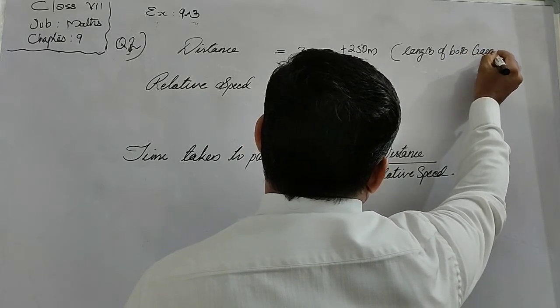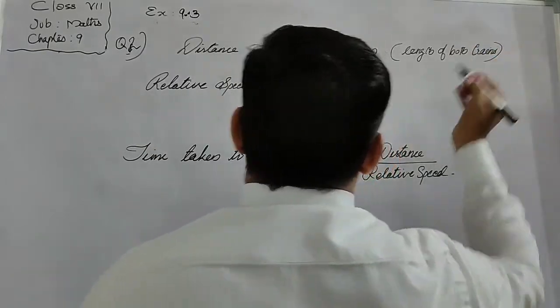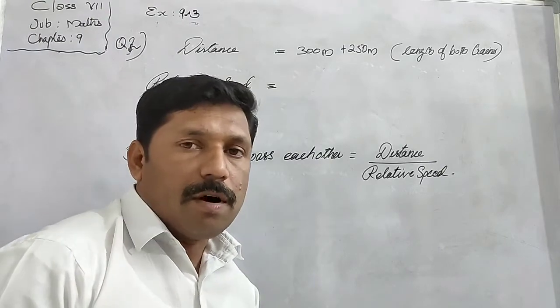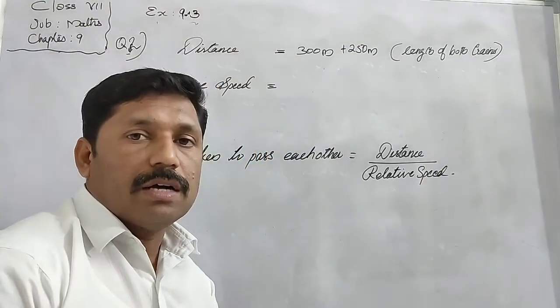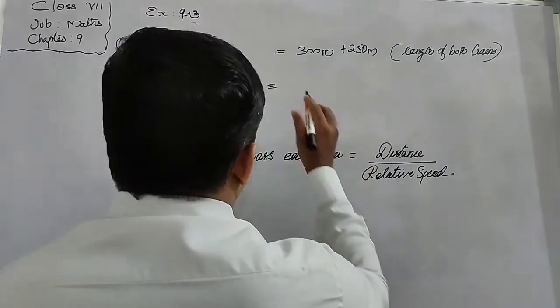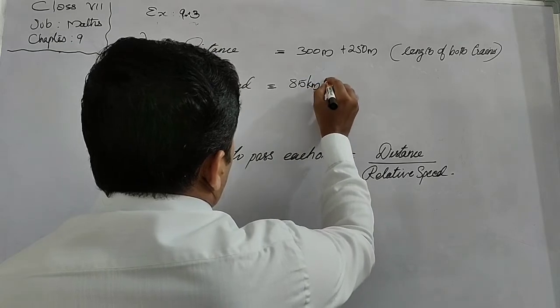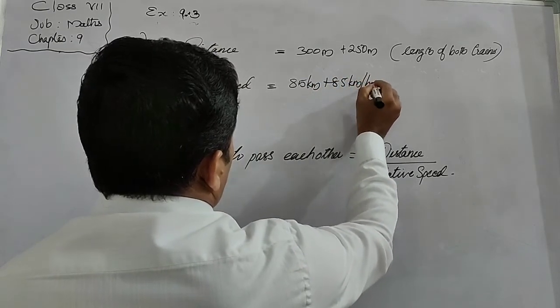It means the distance they want to cover is equal to the length of both trains. And then relative speed. As the trains move in opposite directions, the relative speed is equal to the sum of their speed. Here speed is 85 km per hour, so 85 km per hour plus 85 km per hour, that is equal to